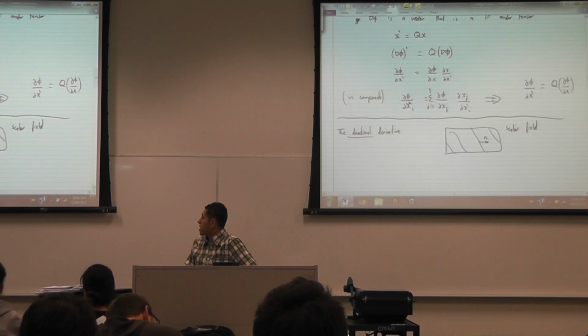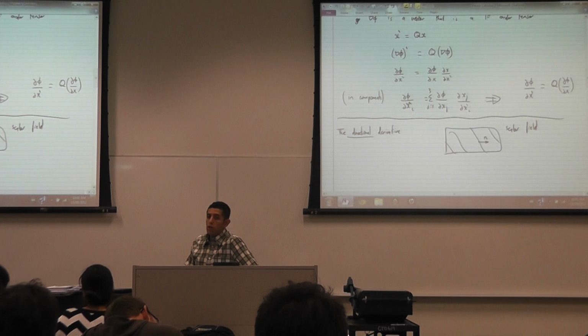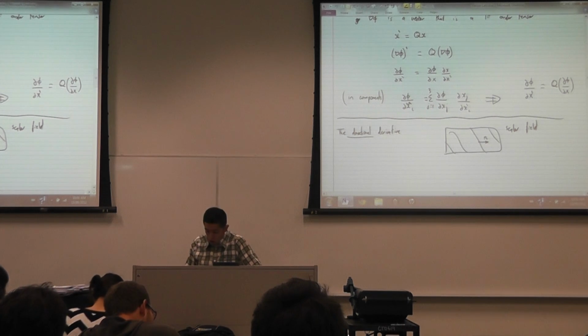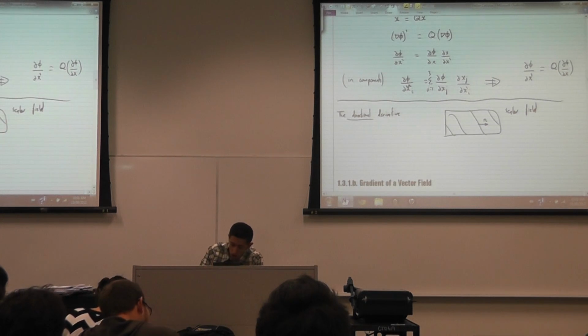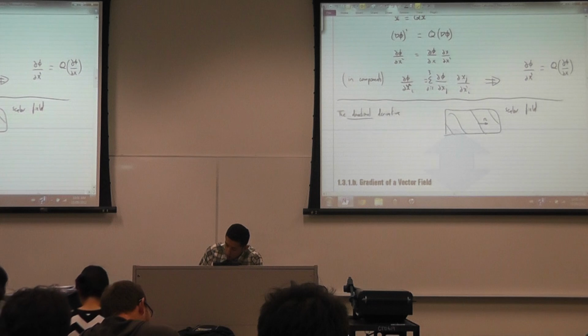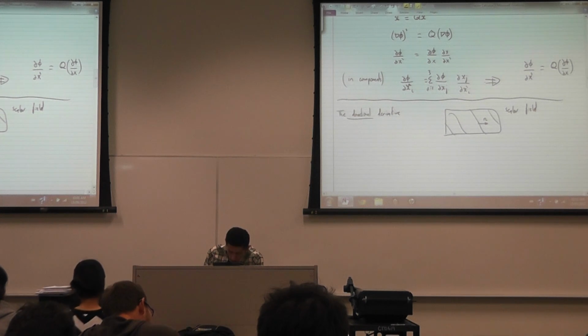I would like to know the rate of change of that temperature in this direction. To find the rate of change of a scalar field in a certain direction, so the directional derivative,